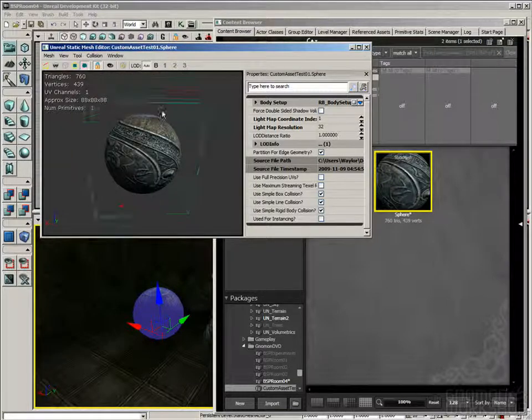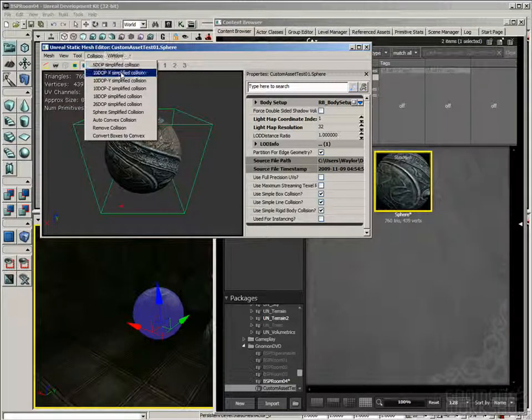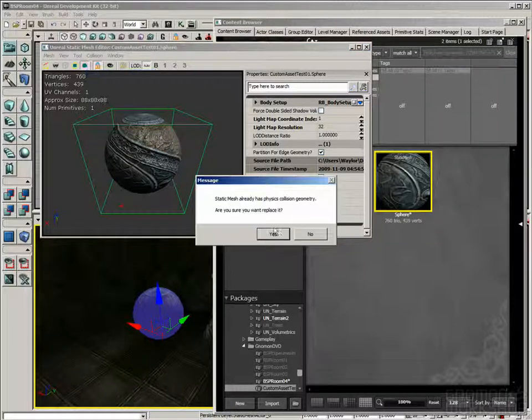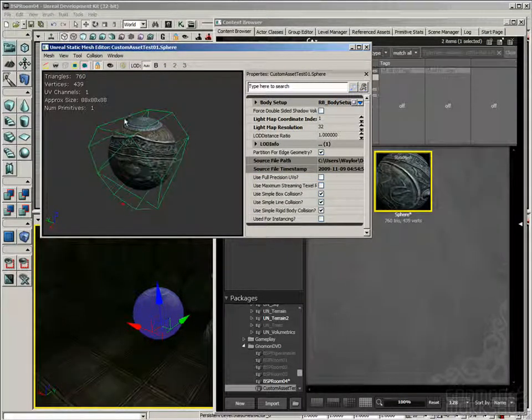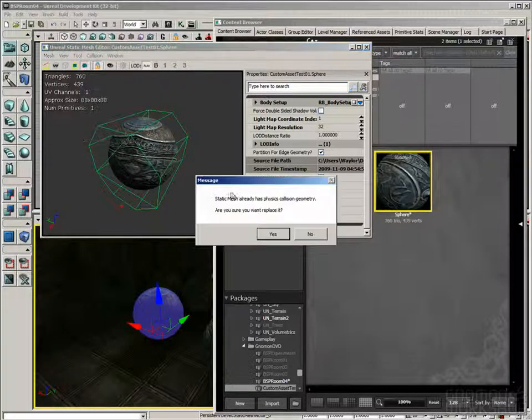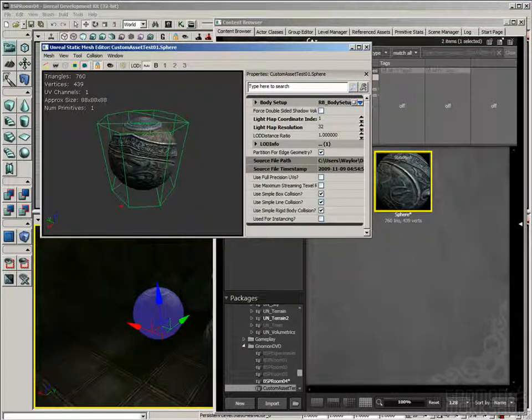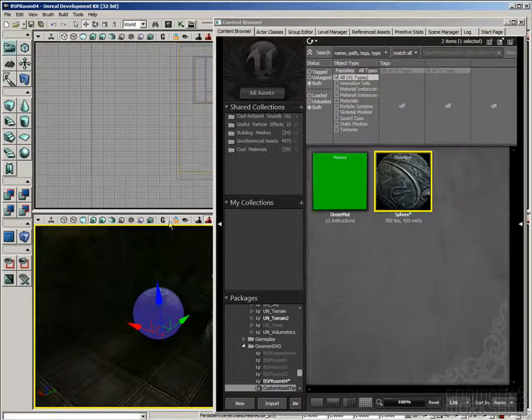If I go turn it on again, I'll go to the collision menu. Now these next three options are essentially cylinder collision, oriented in different directions. So if I choose X, yes, I want to replace. You can see it's sort of an octagonal cylinder. Or I can choose the Z-oriented one. And there we go, now we have a vertical cylinder. So if I try that out,